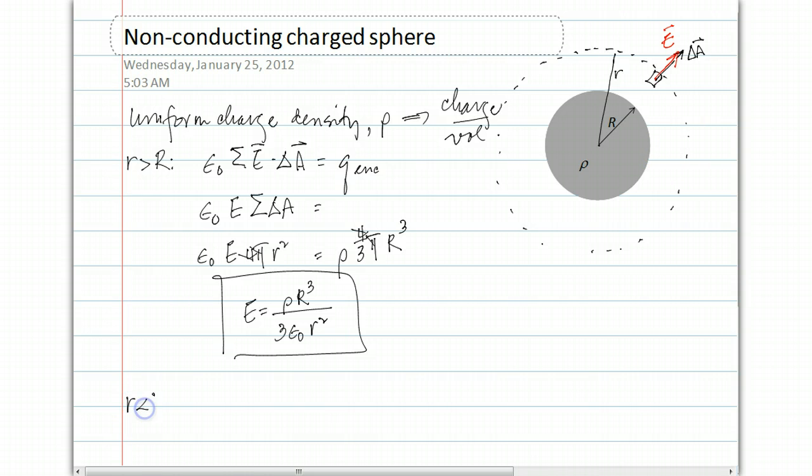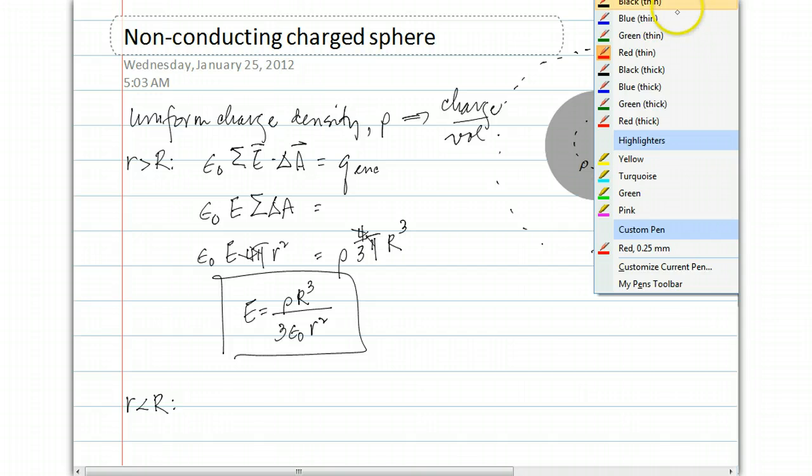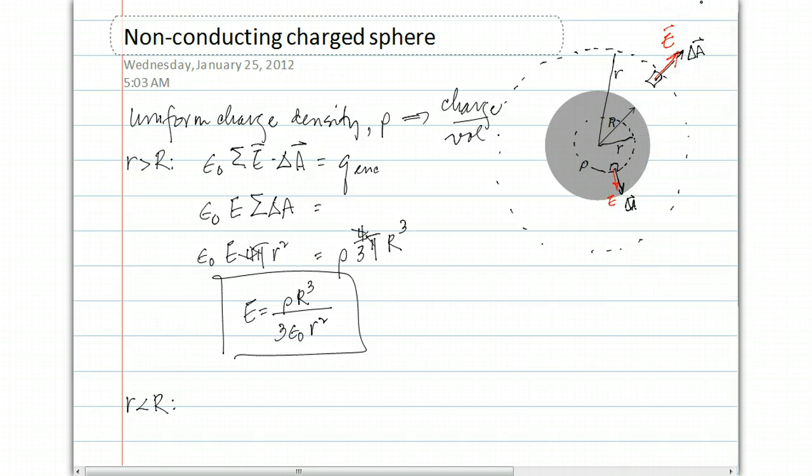What about for r less than big R? Well, here's my r now at r less than big R, so I'm going to draw a Gaussian surface, again a sphere of r less than big R, something like that. And I again do the same thing: draw a delta A vector, or infinitesimalize the area, and for each of these delta A vectors I'm going to draw an E vector, like so. And again, E and delta A are in the same direction, so when I evaluate the flux through this Gaussian surface,